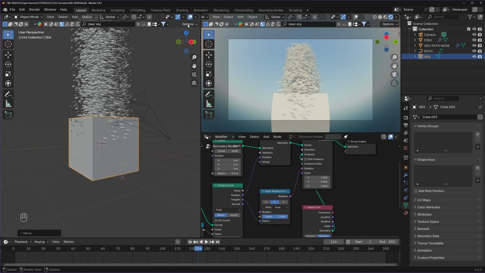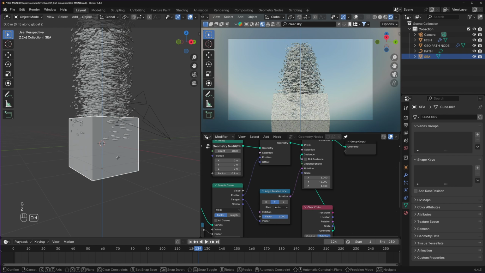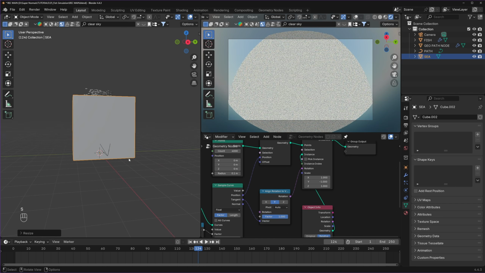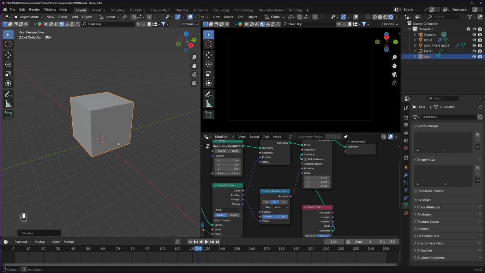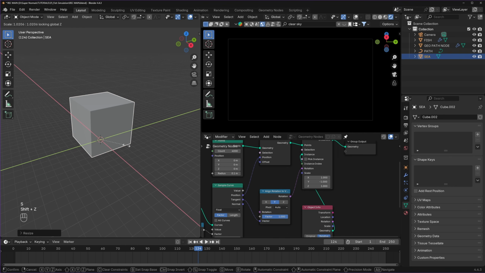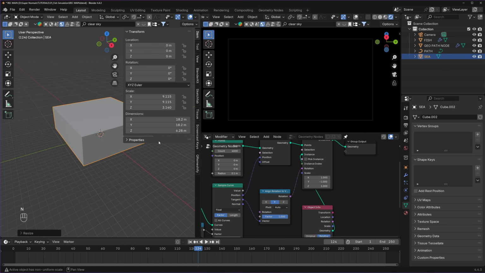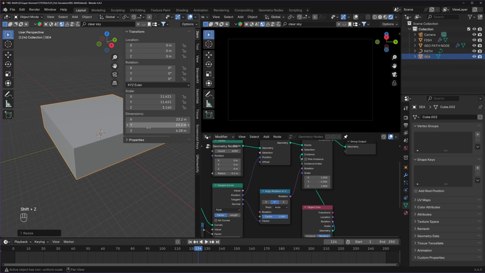Before we scale it up, I'm gonna go to the option again and uncheck origin so that we can scale the object itself. First, let's move it on the Z and snap it up by pressing Ctrl. And let's scale it up so it covers the height of the fishes like that. Now to scale it on the wide area, we can press Scale Shift Z and it will scale like this. Something like this would be enough. So I'm scaling it something like this much, as you can see, X and Y dimension,